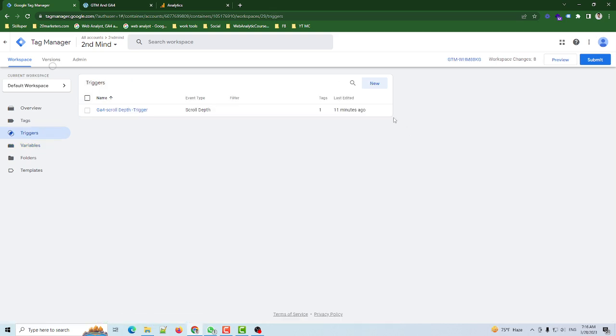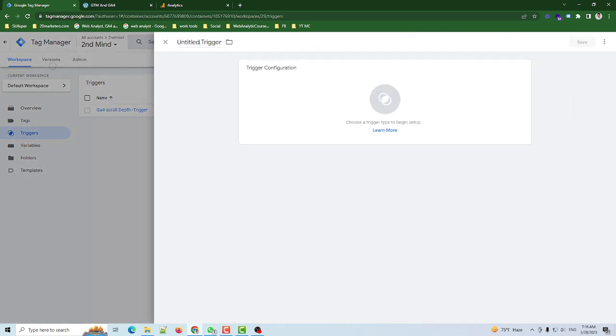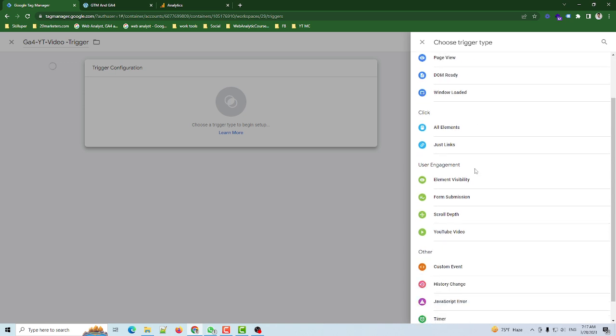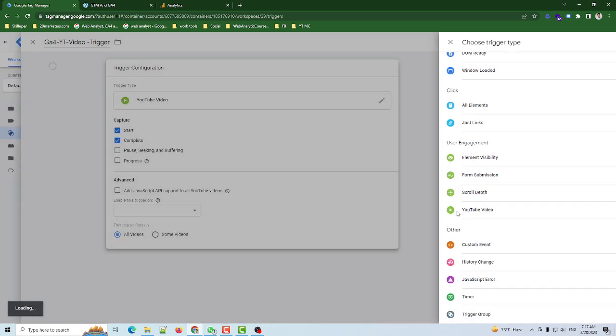Go to the Trigger section and click New Trigger, named here GA4 video triggers. Okay, you can give the name as you wish. So I select GA4 YouTube video trigger. Okay, and then configure the trigger from here, from YouTube video, and